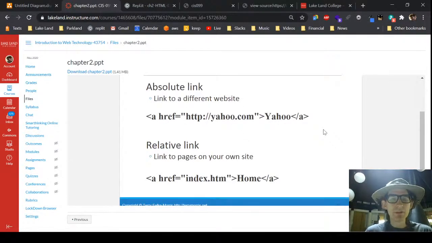There are two types of links you can put on your page. They both are anchor elements, and the only difference is the value you use in href. Okay, if it has the protocol, so http://